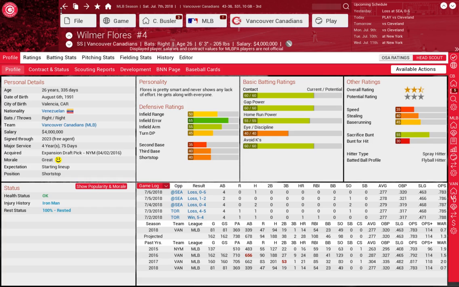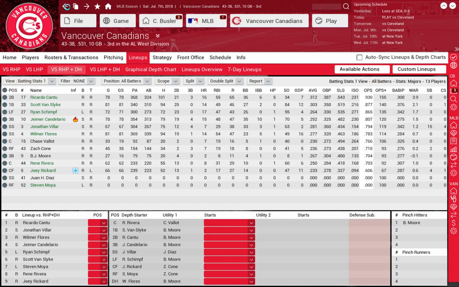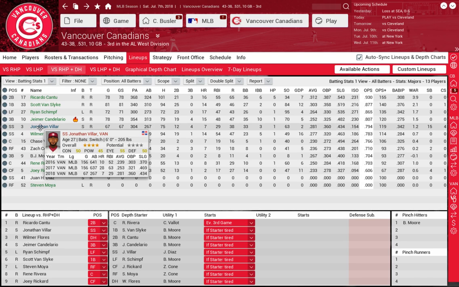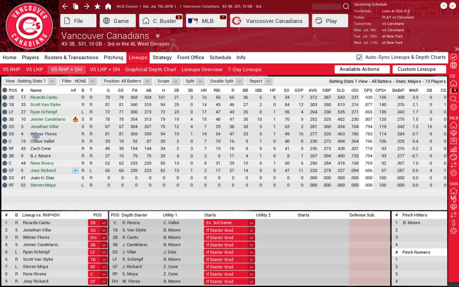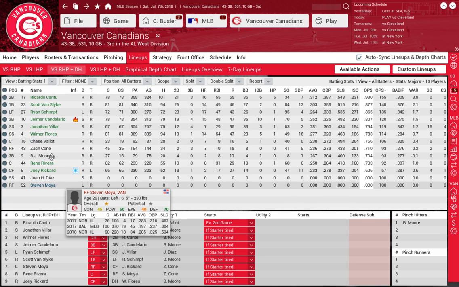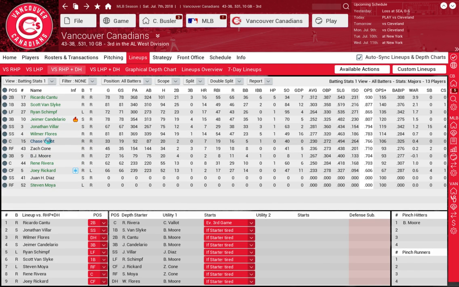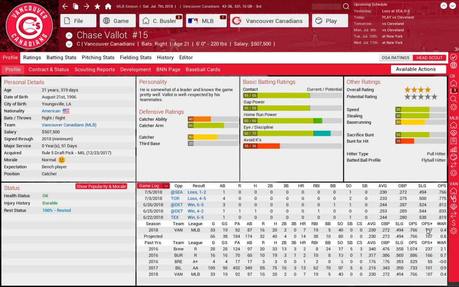Kris Bryant was kind of having a not so great season. It wasn't as good as his rookie year, and then he's just exploded in the last couple months. It's been amazing to watch what he's turned into. The ability was always there. It was just that he wasn't, I guess, performing up to a certain standard because everyone expected him to have a super breakout year. But Chase Vallet struggled to start out the year,